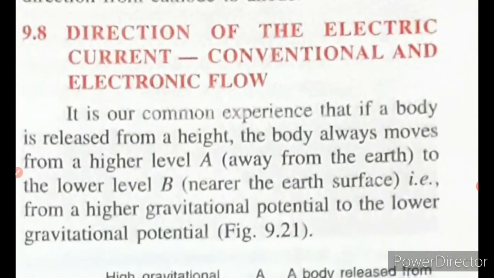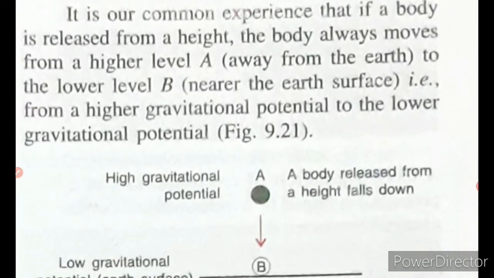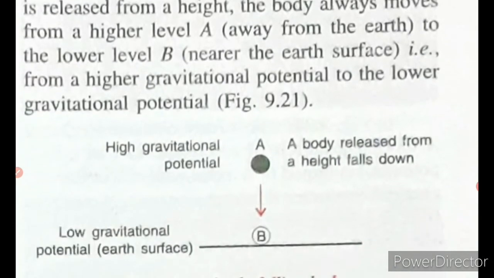Okay, this can be compared with various things which we already know in our common experience. If a body is released from a height, the body always moves from a higher level A to the lower level B near the earth surface, that is, from a higher gravitational potential to the lower gravitational potential. That means a body kept at a higher height will have higher gravitational potential. So always the body will move from higher gravitational potential to the lower gravitational potential, that is, from a height